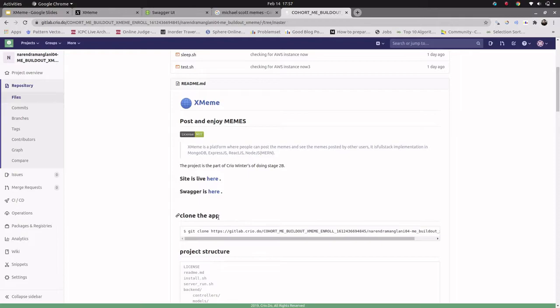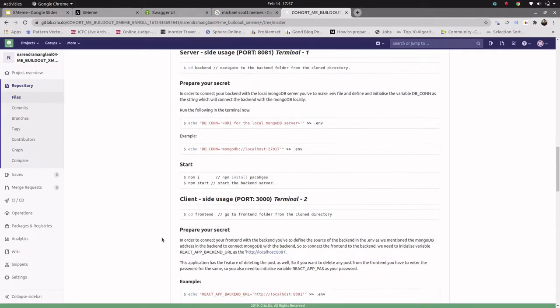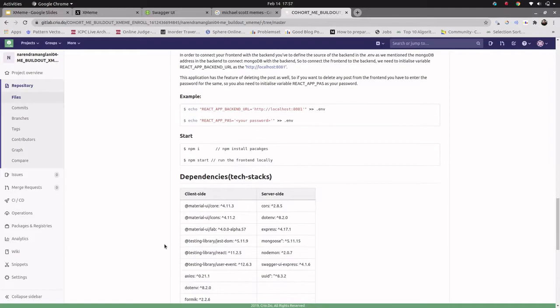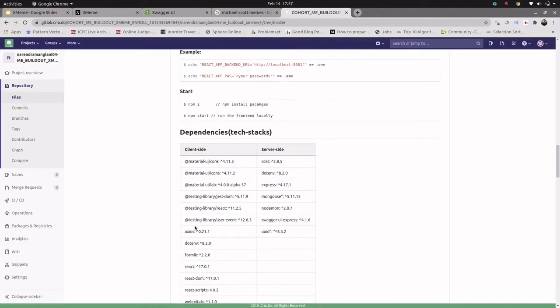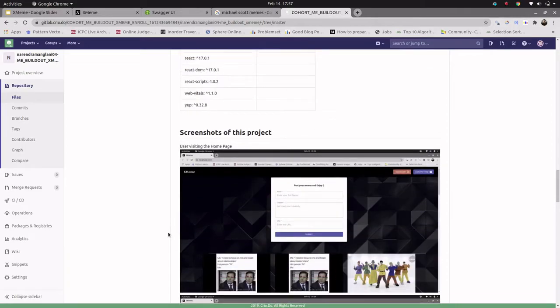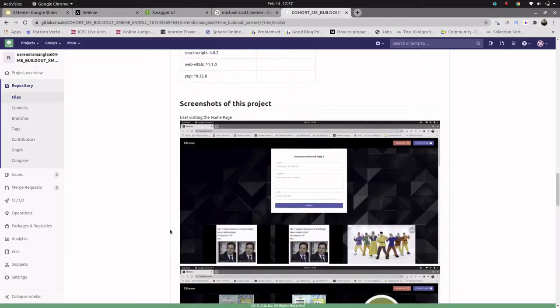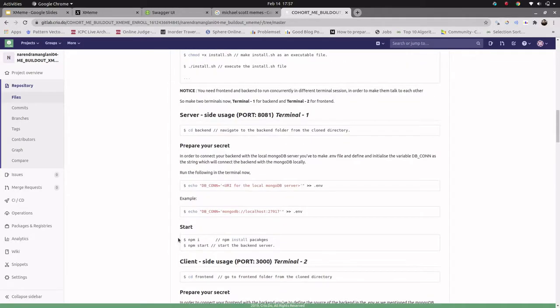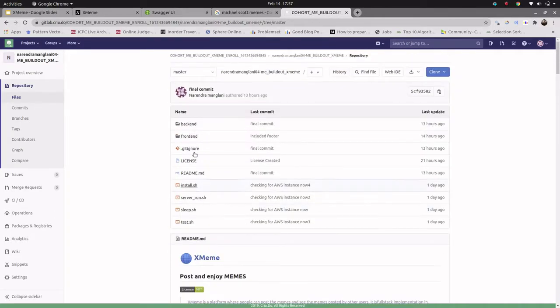If you want to check the app locally, you can follow the steps in here, and you can run this app locally as well. I've also mentioned the dependencies which I have used in my application, and I've also posted screenshots of the project.